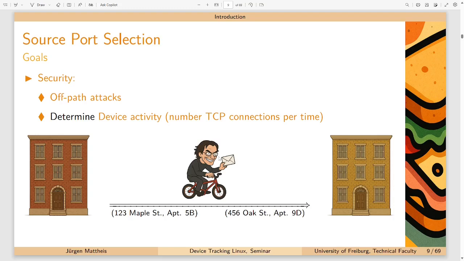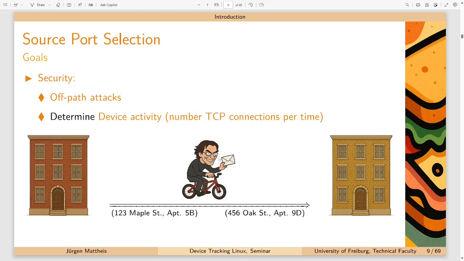It's called off-path because the attacker is not on the path between the client and the server; the attacker can be at some completely different location and could still interfere with your TCP connection. If the source port is too easy to guess, he just has to guess the sequence number and has a higher chance of